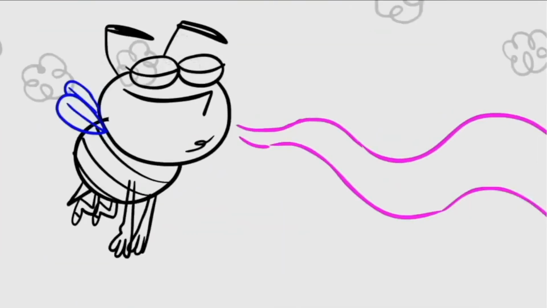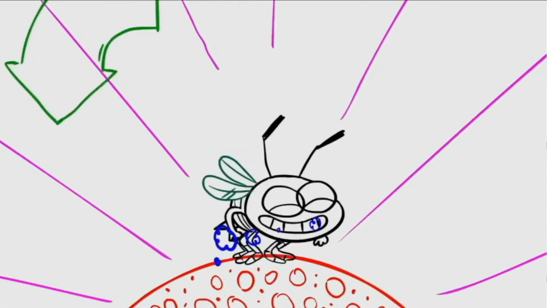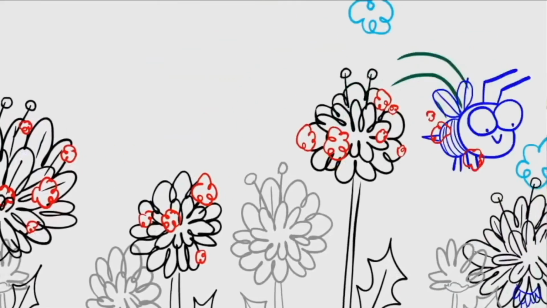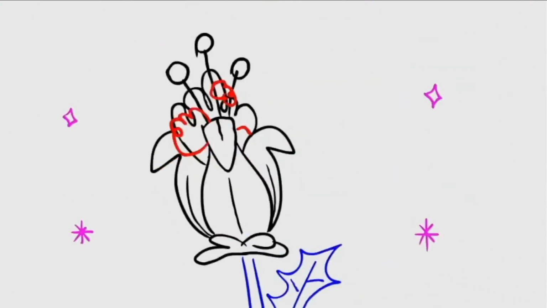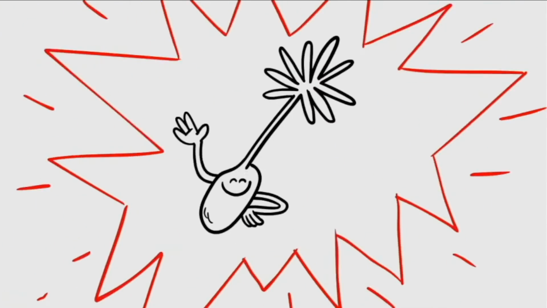Like me. They sip the flower's nectar. It's tasty and sweet. Num num num, delicious. And the flower's pollen sticks to their wings and legs and tiny feet. They carry it off to other flowers. Here we go. And the pollen has special powers. Wow. It's just what every flower needs to help them make new flower seeds.